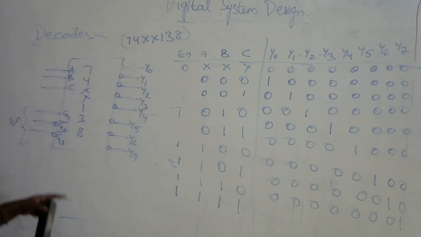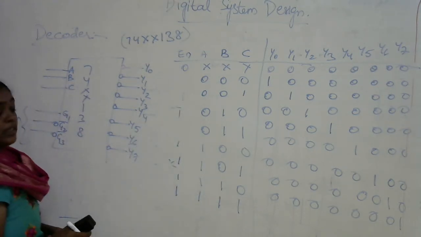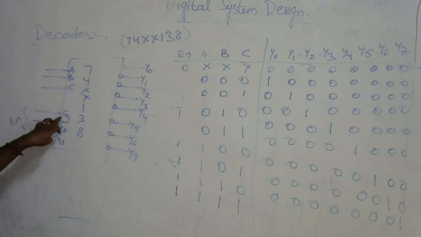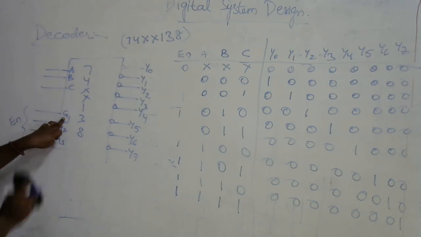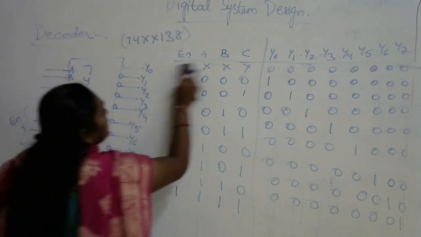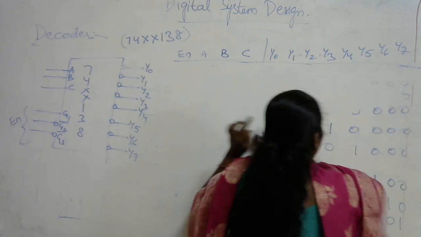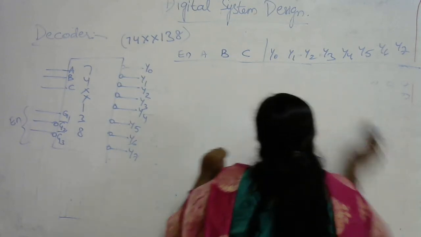So as I am saying, this is an active low. In order for this circuit to function, if I want to write down the truth table, the variation is: if G1 is 1, then only the circuit is going to function. This is just the reverse case of the previous one. Let me show you the truth table of this IC.